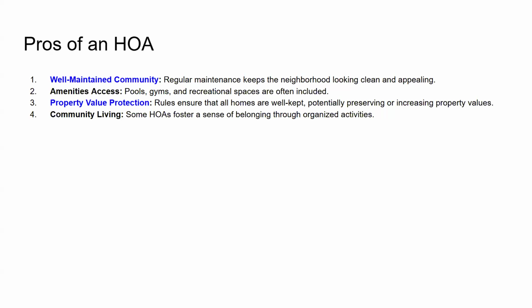There is the amenity access if you have amenities. So if they have a gym or a pool, then you have access to that. Not all HOAs have this, of course. And then ideally,